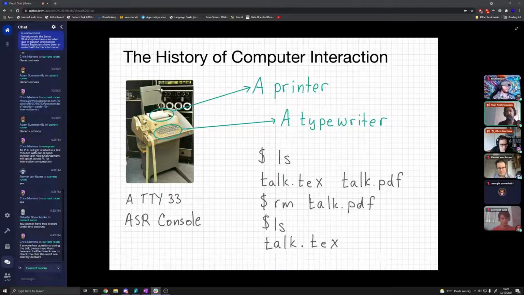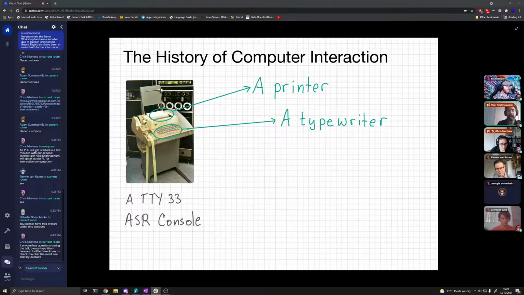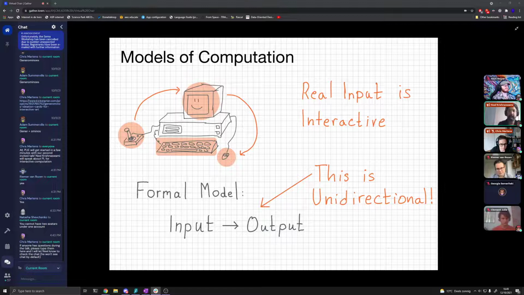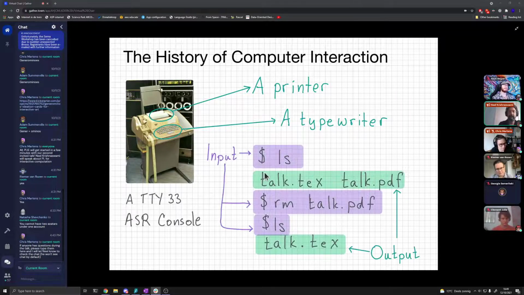But one thing I want to highlight here is that the old model of computers, input to output, isn't a terrible match here. So you have an input, like this purple thing, and then it gives you an output, and then you can give the computer some more input, and then get out some more output. So if you think of just one interaction with the computer, like you type one command and then you get one output, then the input-output model isn't so terrible.